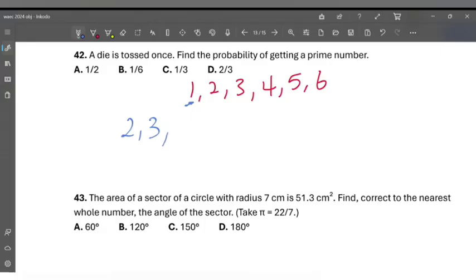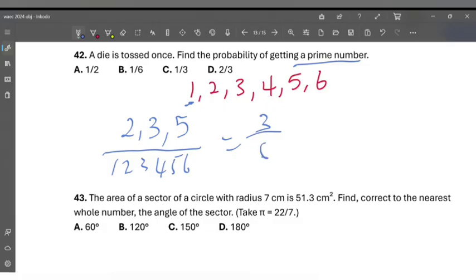4 is not a prime number because it's divisible by more than two factors: 1, 2, and 4. Alright, so I'm not going to write it. 5 is a prime number. It's only divisible by 1 and 5 itself. 6 is not a prime number because it is divisible by 1, 2, 3, and 6. So I only have 3 possible options that can satisfy this required outcome. So only 3 numbers can be prime out of the total of 6 numbers: 1, 2, 3, 4, 5, 6. So the probability of getting a prime number is 3 out of 6. So its simplified fraction is equal to 1 over